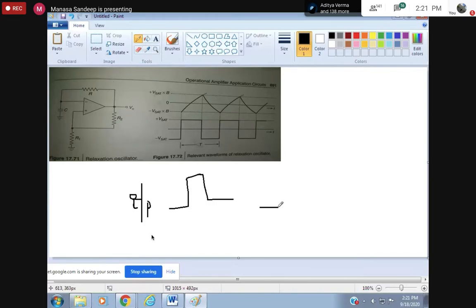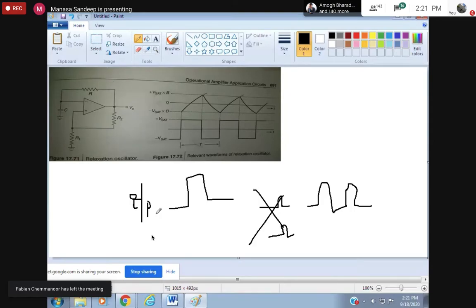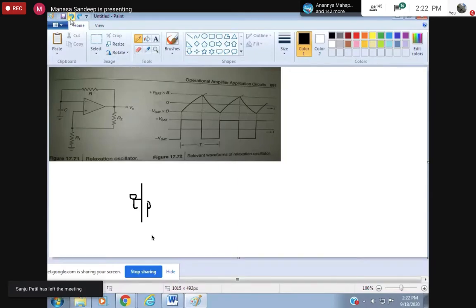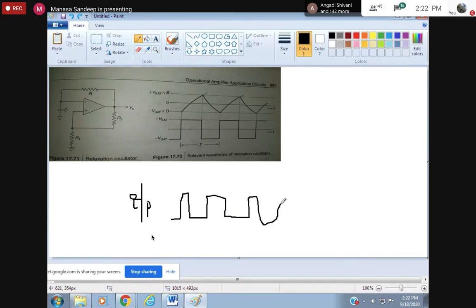In monostable, you apply one trigger and take one output, one wave. Then you apply the second trigger and get the second cycle of output. Here it's not like that. Here it's like an astable multivibrator. An astable multivibrator is also called a free running multivibrator, correct? That is nothing but an oscillator here. There is no need to apply the external input. Your circuit will keep flowing between two states. This is what a relaxation oscillator is.